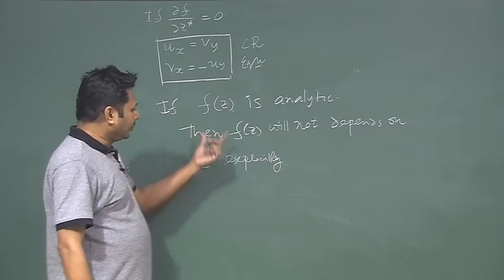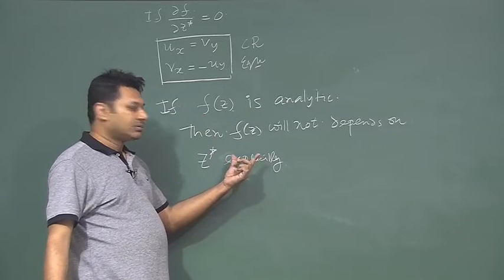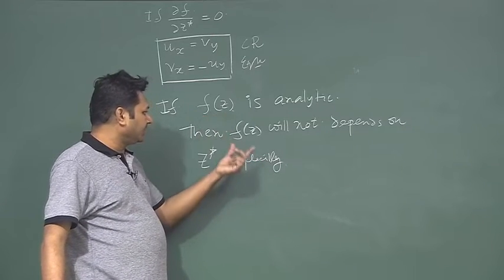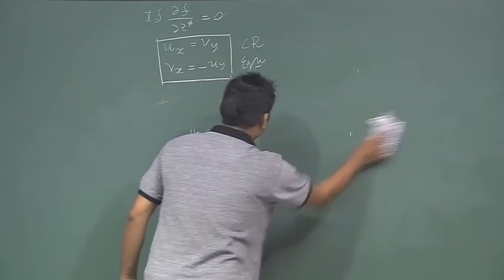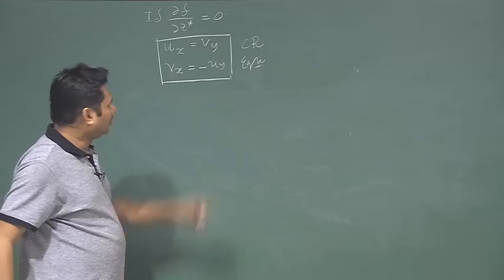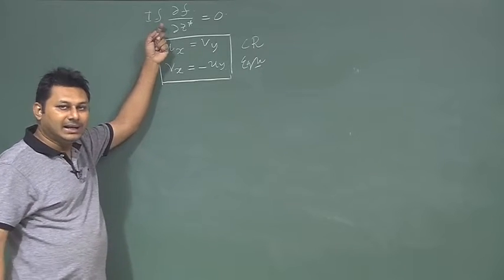That means f z should not be an explicit function of z star. This is nothing but the mathematical expression we show in the top, that is del f del z star